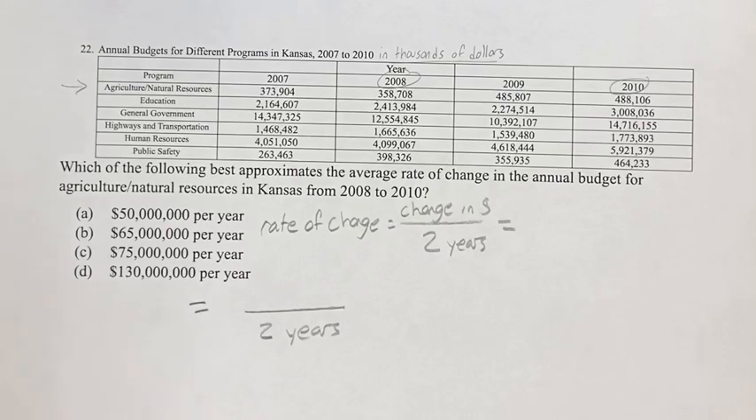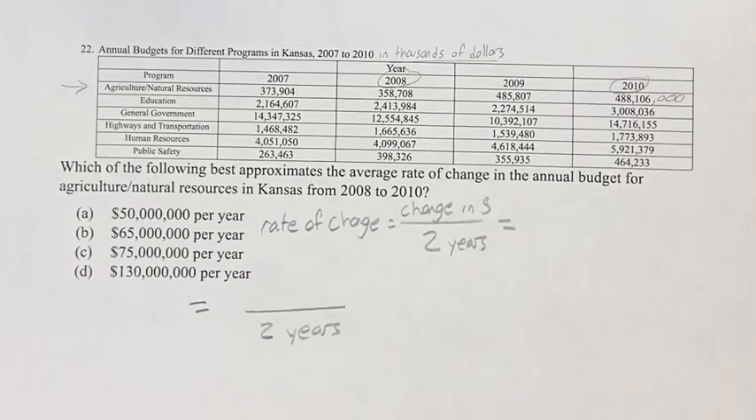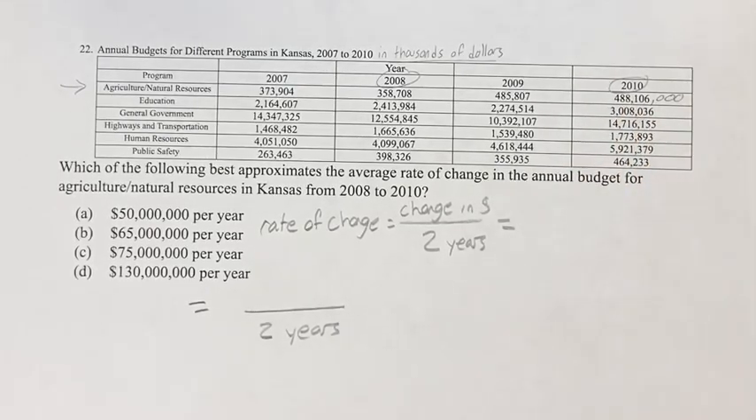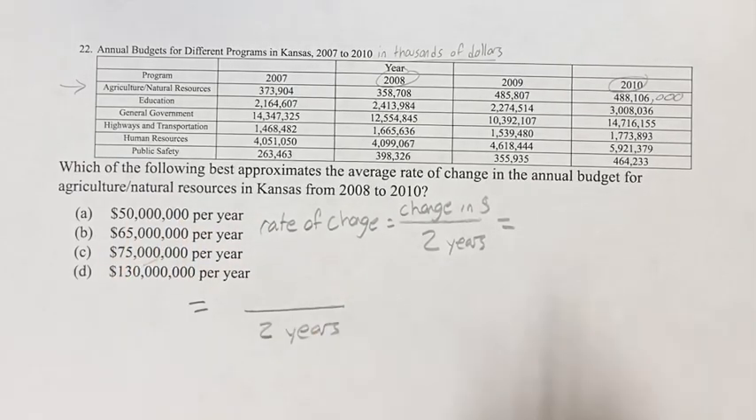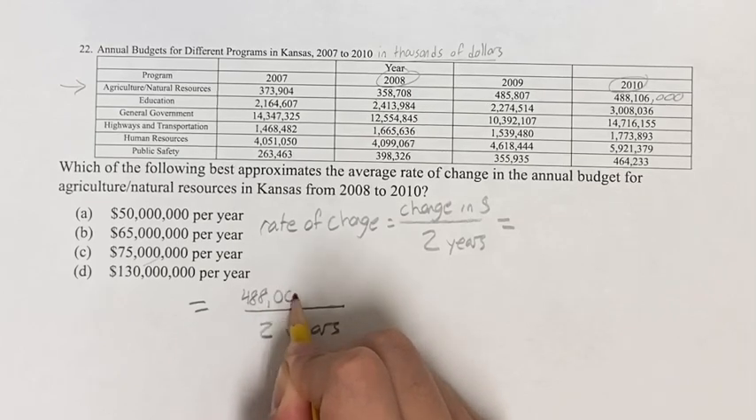Luckily, it's not hard to multiply numbers by 1,000. You just have to add 3 zeros at the end. Don't even have to mess up where the commas are. So we have 488,106,000. Since we're dealing with millions, I'm not going to worry about the thousands. Just going to approximate this as 488 million